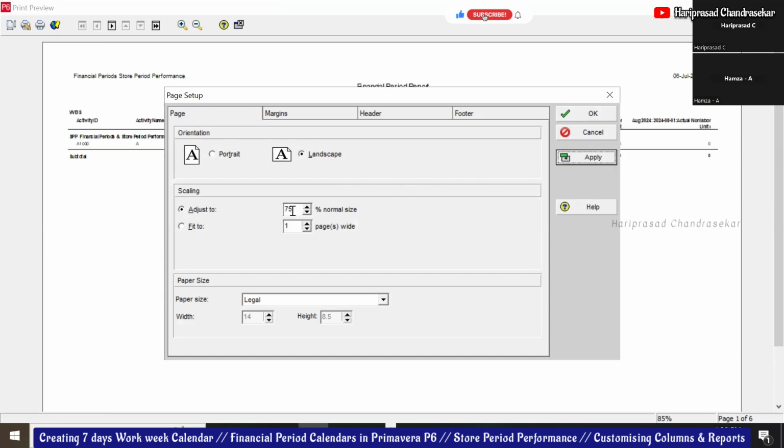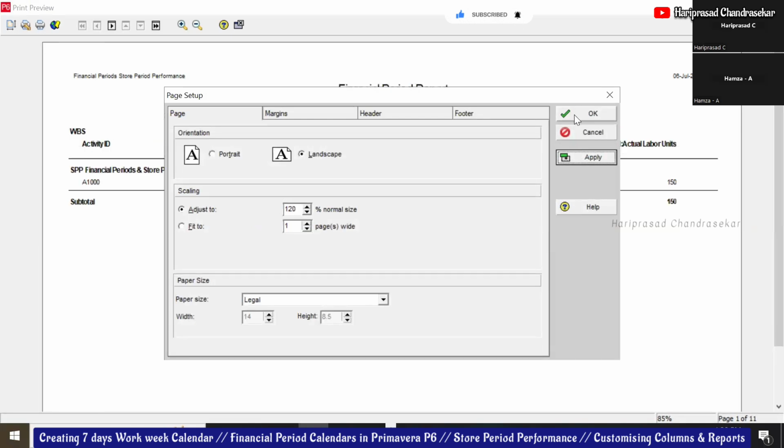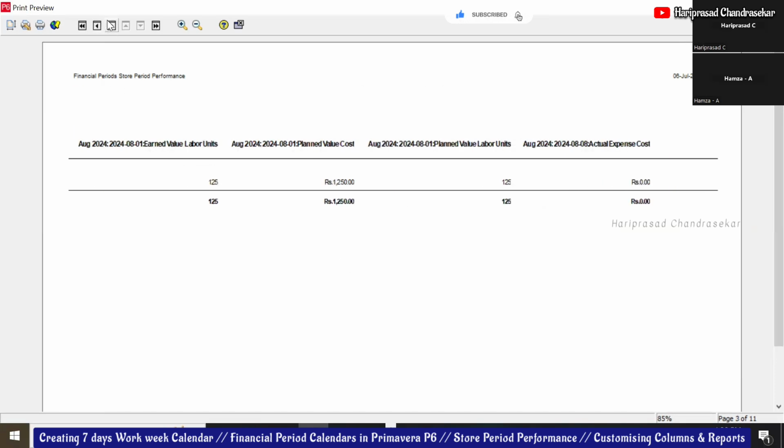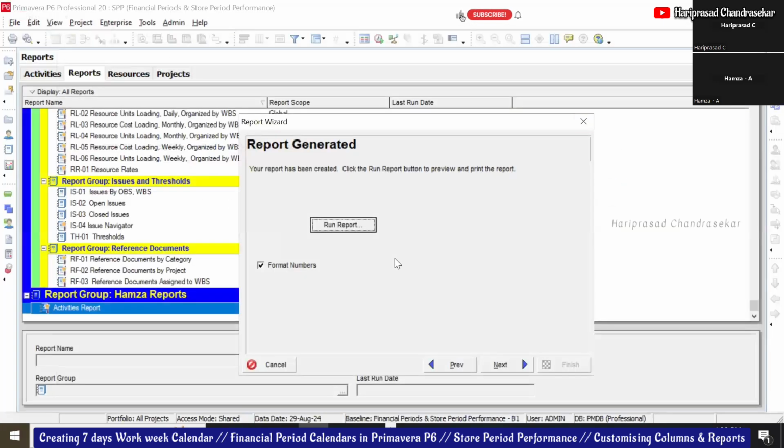So now you can put more value if you want. Now it is okay. Like this, we can also go for portrait or landscape, it's up to you. Then we can print it so you can see the values one by one on the next pages, or we print as a PDF.